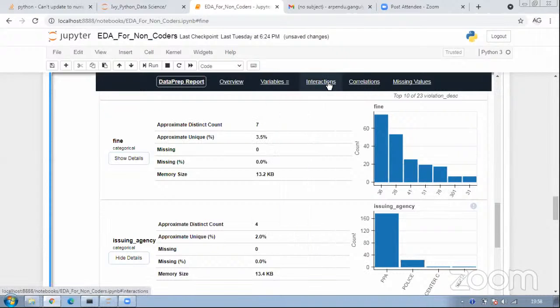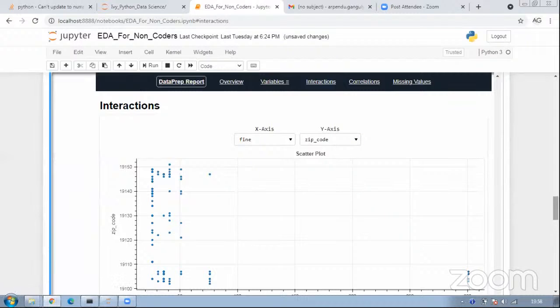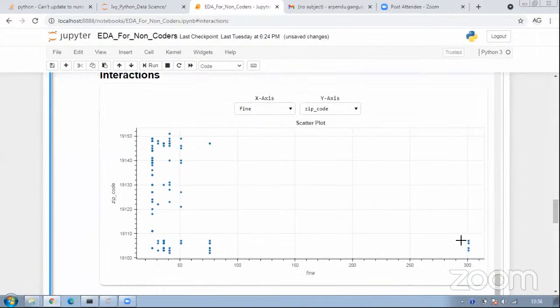For that, I can go to my interactions and check what is the important thing. These 6 are people who have paid a very high fine and they belong to the same group. So is it something related to this, and should we include them or not?